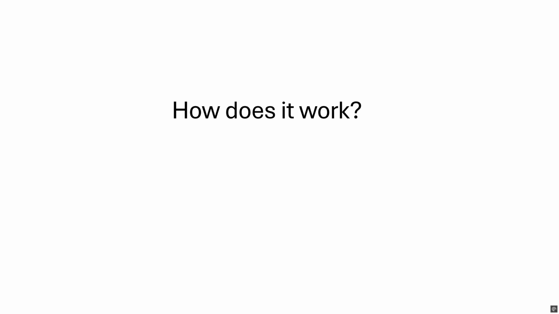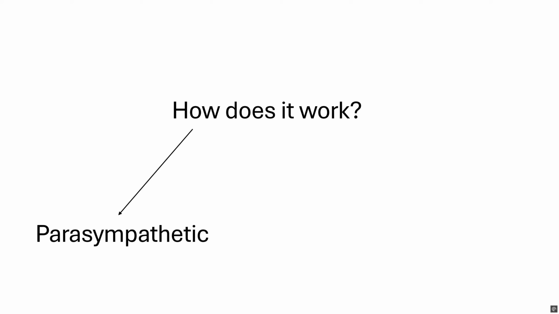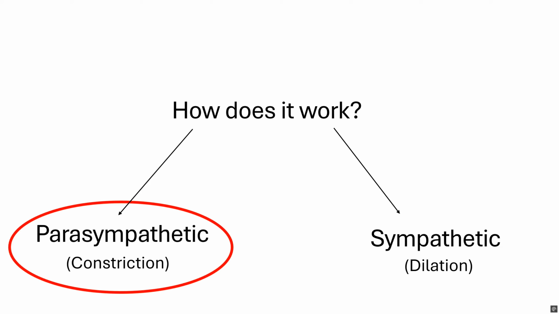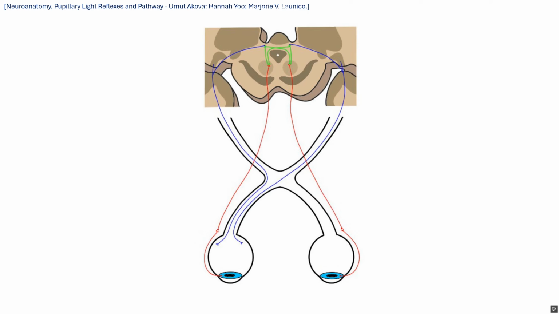So how does the pupillary light reflex work? There's actually two different types of reflexes. We have to differentiate between parasympathetic and sympathetic reflexes, referring to constriction and dilation. Let's start with the classic parasympathetic pupillary light reflex. The reflex begins when light enters the eye and causes stimulation of the optic nerve, which carries information about light